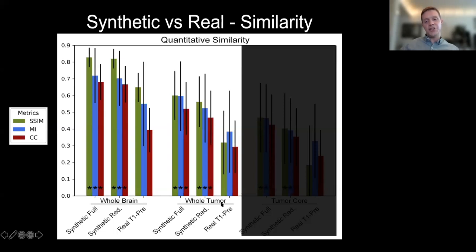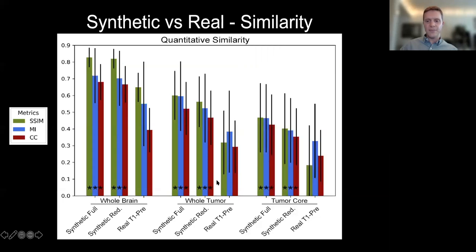We also looked in the tumor region itself, so just in the area of signal abnormality. And here, again, very similar results, except that everything's lower. That's kind of as expected. The tumor region is going to be the hardest region to predict because that's where there's the most heterogeneity and enhancement. So again, our full model performed the best. The reduced model was very close, though indistinguishable, statistically at least, and they were both better than the T1 pre-contrast,